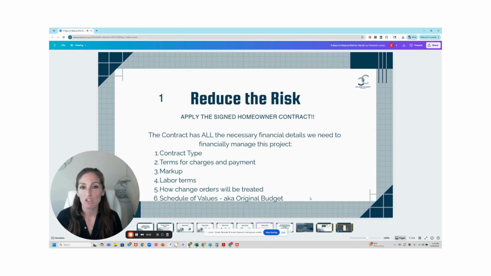So those are the 5 things that you can do to help reduce risk for your GC now in your